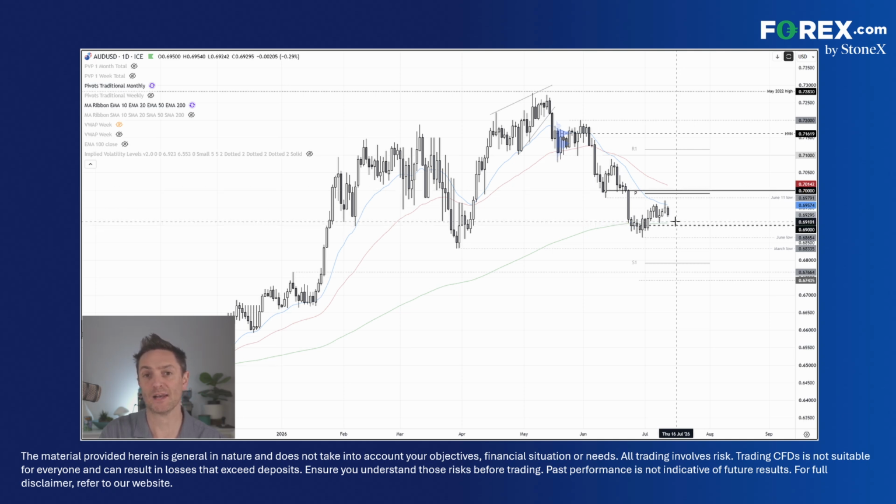That said, it's called the battle for a reason, and it doesn't give up easily. That does still leave the potential here for moving up towards 70 cents, where you've got the big round number itself just above the monthly pivot point. We've also got this June 11th low. So if we do get some risk off sentiment blowing through, I suspect that this will be a much more reliable resistance zone,